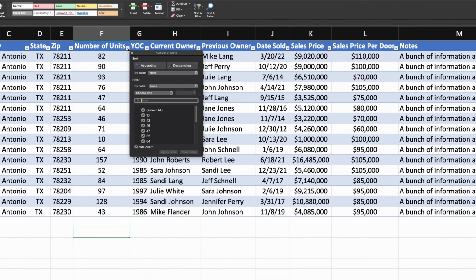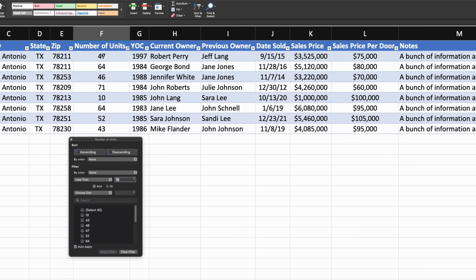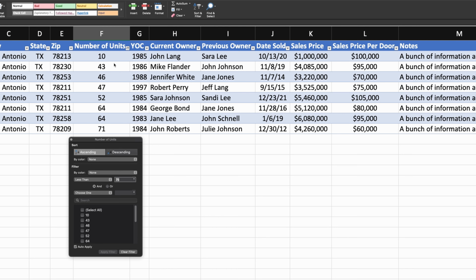So we can click on this pull down, we can go choose one, less than, and we'll put 75. We'll move this window out of our way. And now we're only seeing properties that have less than 75 units. They're in the order that we entered the property and not in the order of the number of units. So we could easily come up here and say ascending. And now it's reorganized everything into ascending, the least number of units to the most number of units and less